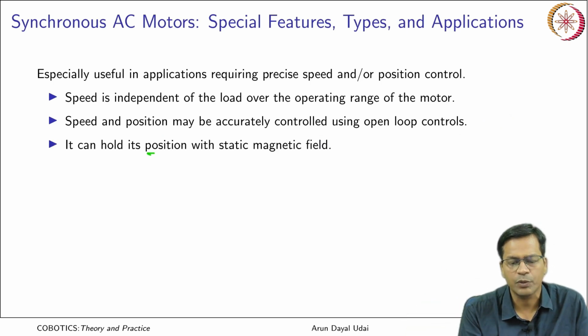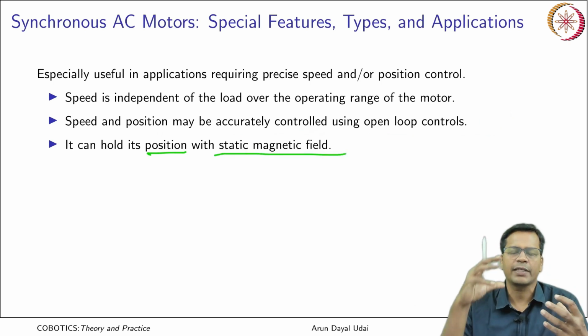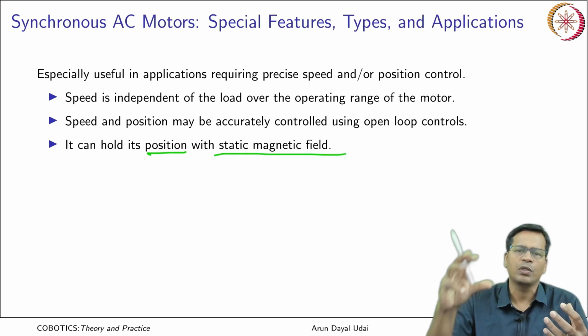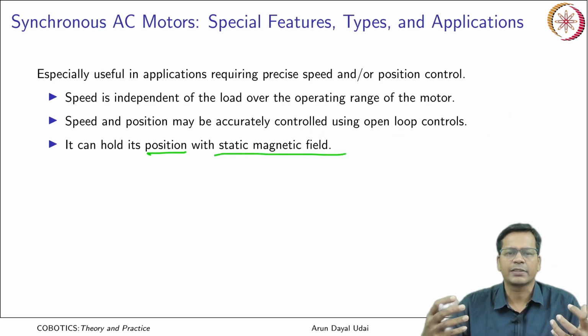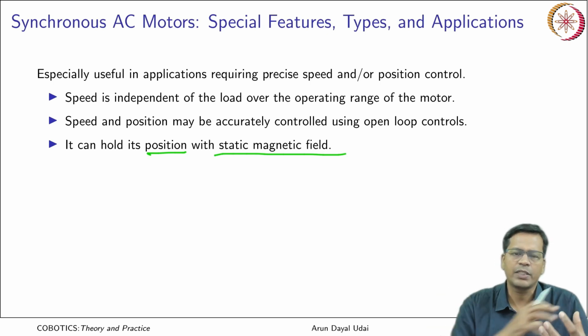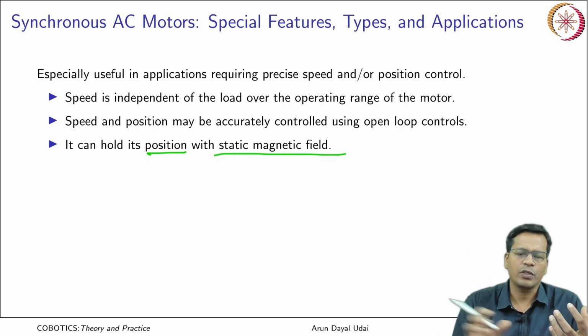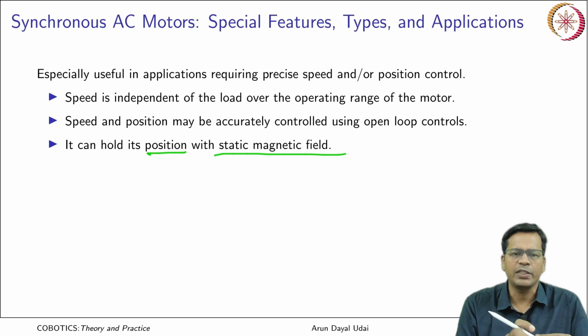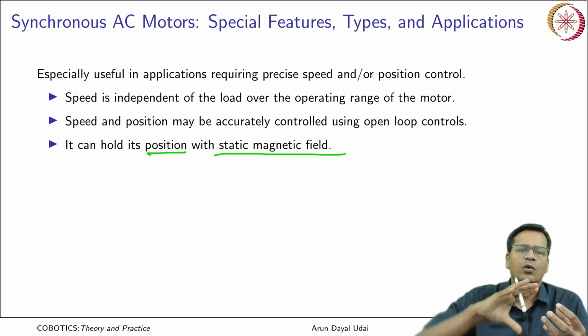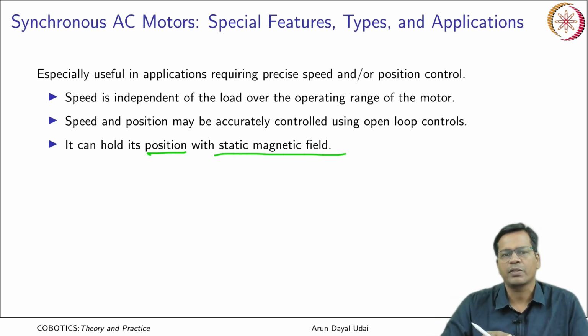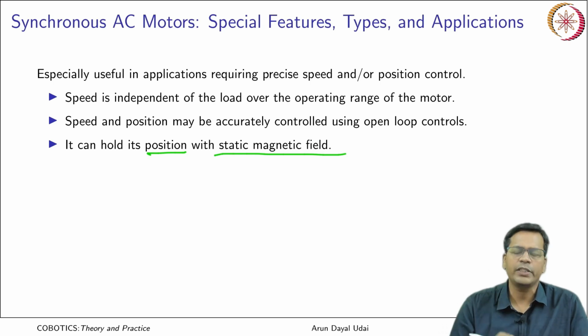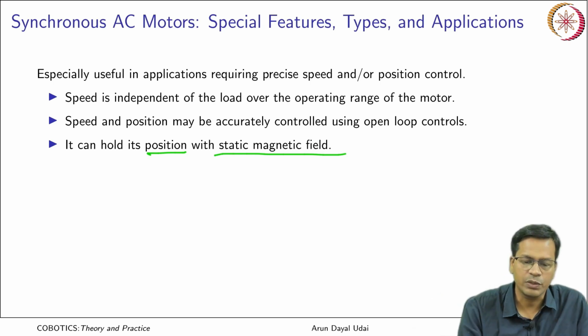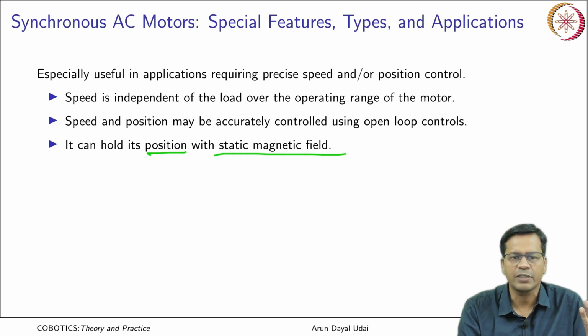It can hold its position with a static magnetic field. Let us say each of the poles has got fixed magnets, electromagnets, with the current that is coming to it. So, it will create a resultant magnetic field which is in a particular direction, and the rotor will align itself to that particular direction. Okay. So, it can hold its position also. So, omega, the frequency of rotation of the magnetic field, can also become equal to 0. If that is static, that goes to 0, the rotor gets locked.